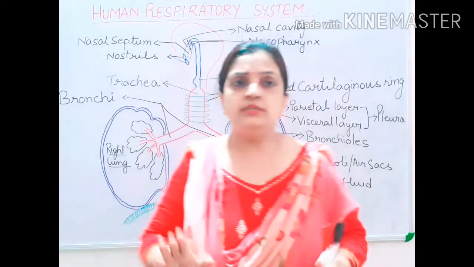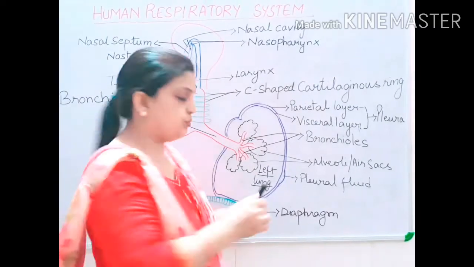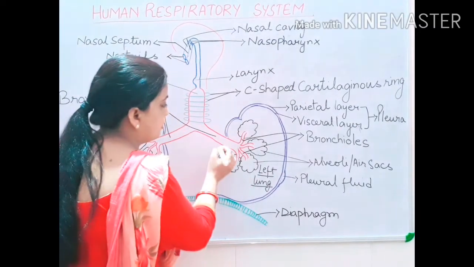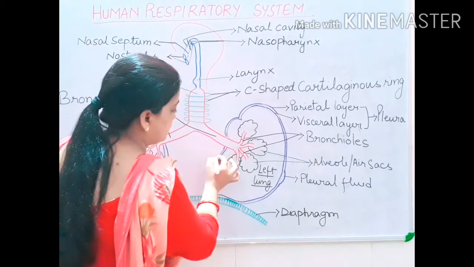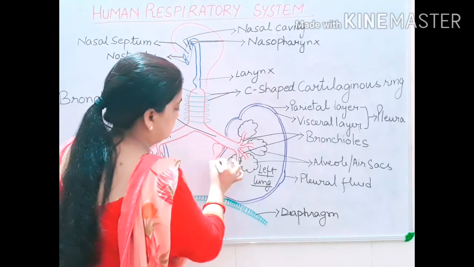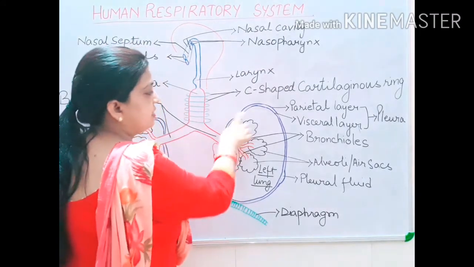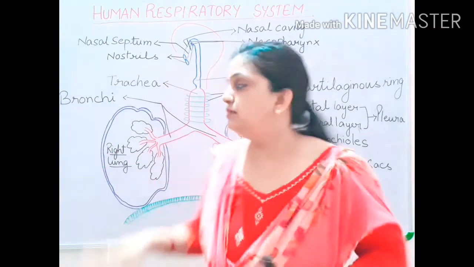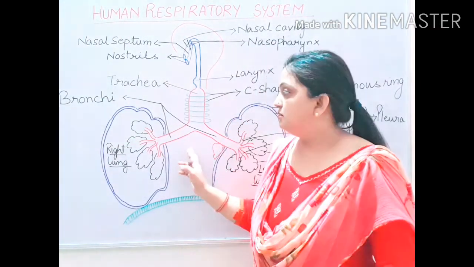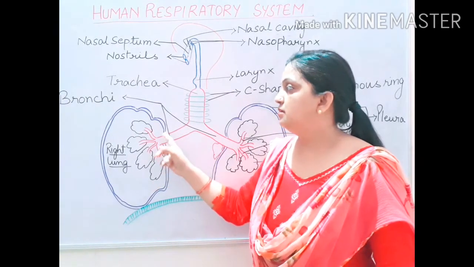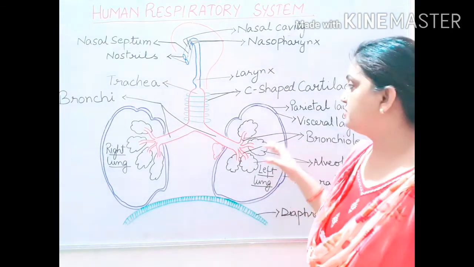For you, this much is okay to understand: just to give a placement to the heart, if suppose here your heart is, your left lung is a little smaller, and on the right side the lungs are divided into three loops. So on the right side three loops are present, and on the left side the lung is a little smaller in size, having two loops.